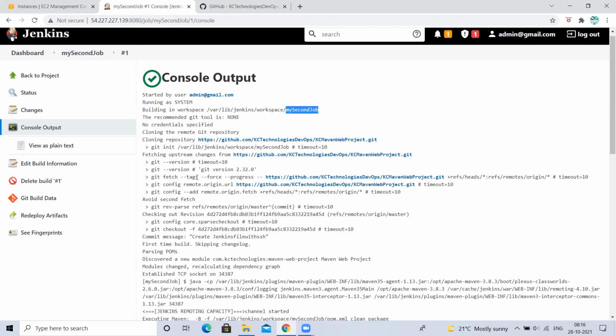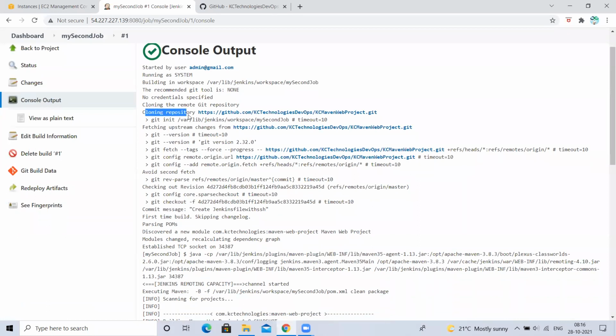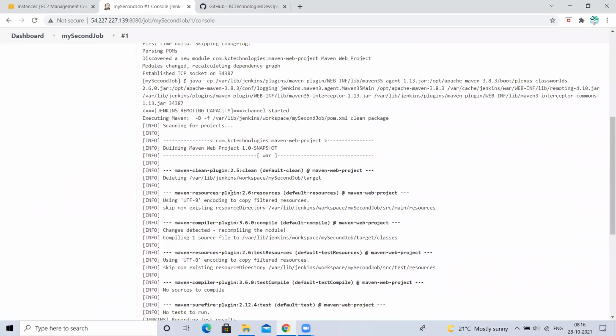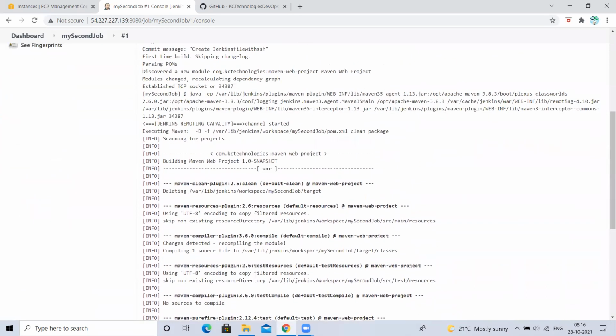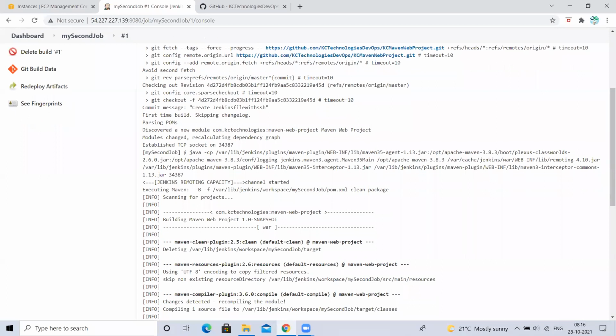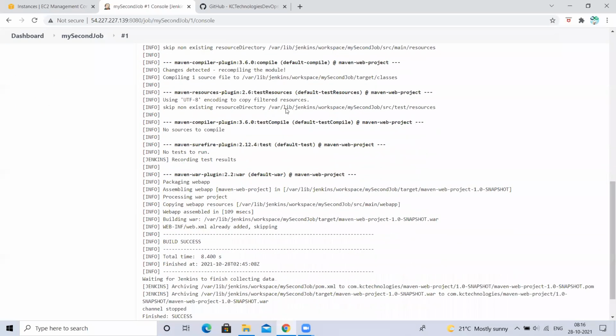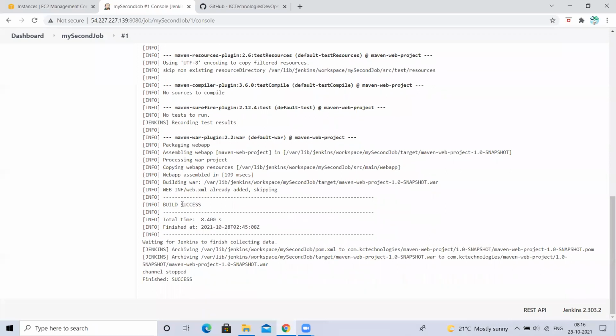For that job it cloned under that my first job directory. For this job it has cloned once again. Here it is saying cloning repository. Next time it will not clone, it will pull. So it started executing maven goal somewhere, you see here. When clean package, it will start executing. It has done this and build is success, it is saying.